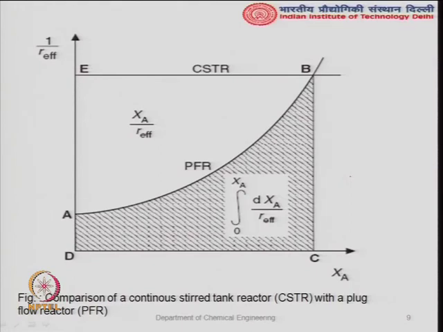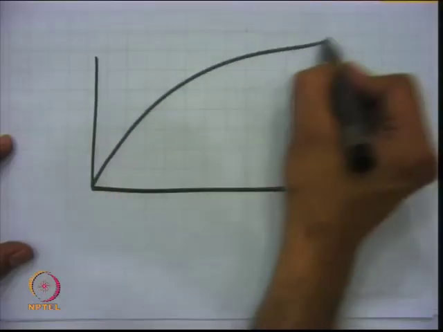For any reactor, we have 1 upon -R_A versus the conversion data, because the conversion data are experimentally measured, and rate has been calculated based on conversion versus W by F_A0 data, or the moles reacted per gram catalyst per unit time based on your experimental observation. The 1 upon R_A versus X_A data appears something like this. In most cases, conversion versus W by F_A0 will increase first and then finally come to a plateau like this.